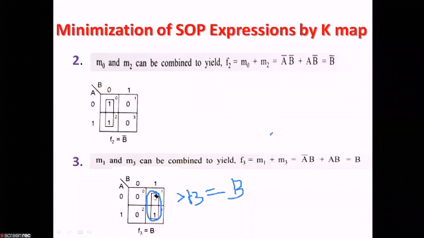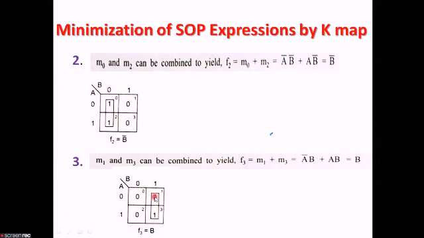If it is not clear, let me again explain to you. See, if you try to understand these pairings, K-map will be very easy for you. Just try to understand the pairings, how we are doing the pairs. See, it is told that M1 and M3 is present. So, these two ones are again adjacent to each other. I had told you earlier that the ones that are adjacent to each other, we can take them as a pair to eliminate some variables. Our main objective is to eliminate some of the variables. So, these two 1s we can take as one large box. That is, we have done the pairing like this.